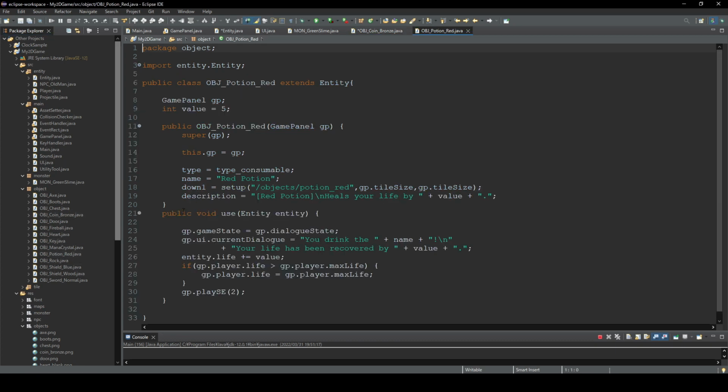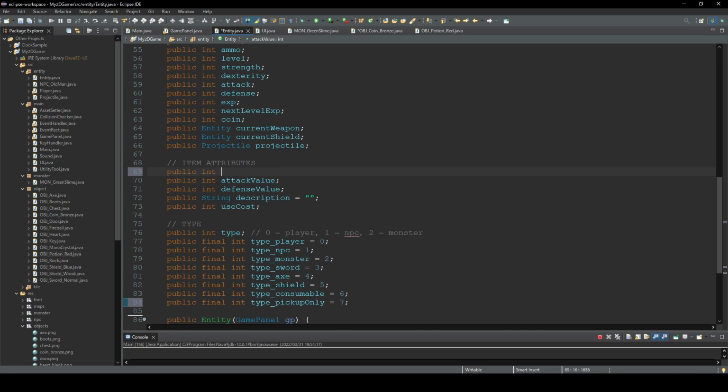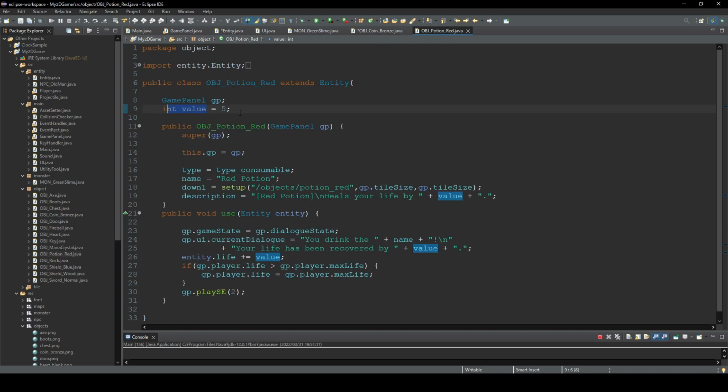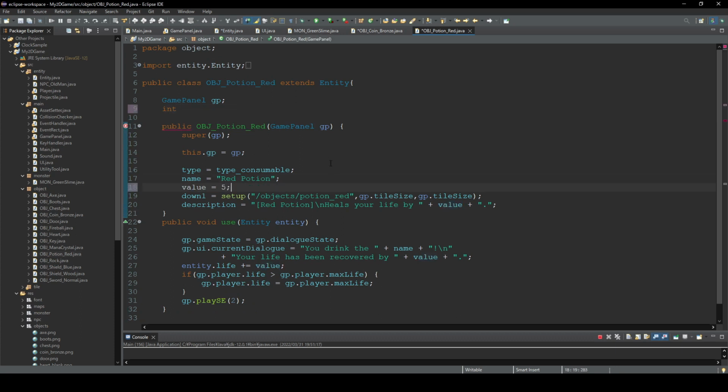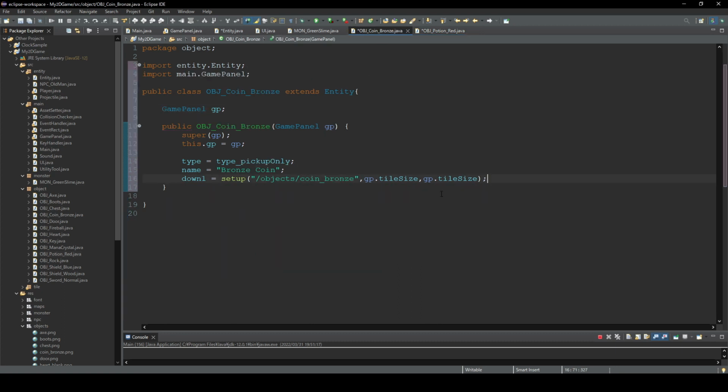Also, we're gonna set the value of this coin like we set for this red potion. Now think about it. I think I want to declare this value not here but in this entity class, public int value. And okay, potion, we're gonna move somewhere here. So this coin as well, we're gonna add value